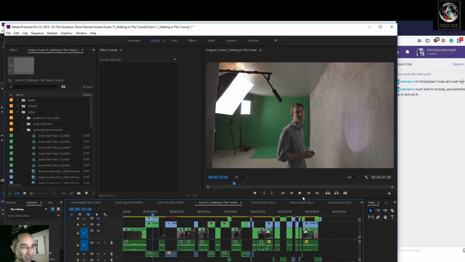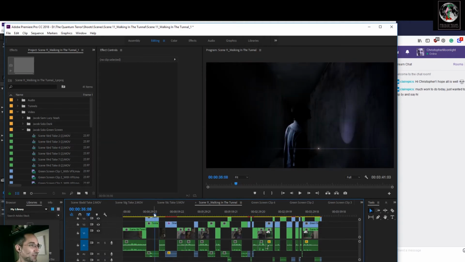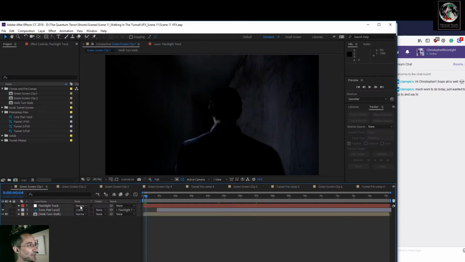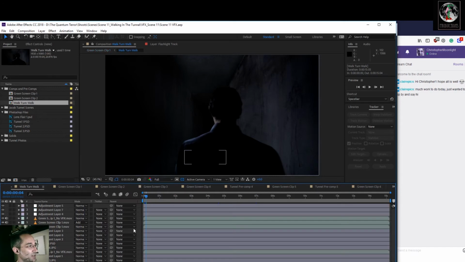So now that I got that disclaimer out of the way, like I said, I wanted him to shine the flashlight on the wall so it showed that he was actually interacting with the environment, which helps sell the effect. And then add the rest of the tunnel around him. So let's go into After Effects, and so what we have here is the tunnel walk, and this is a pre-comp. So I pre-composed, let's see, where is the pre-comp for that? I'll just click on it. Alright, so here's the pre-comp,